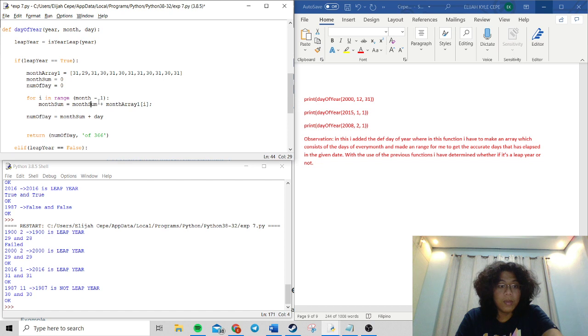Month sum plus month array 0, right? Month sum which is 0, month array which is 31. Minus 1, it should be 31 plus 29, but minus 1, 31. Where num of day is month sum, which is 31 plus the day that has been inputted with the date